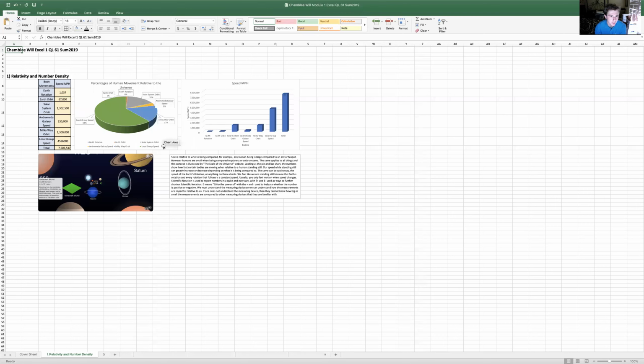In terms of something that I found interesting on the website that was shown to us, I'm a gamer, and I thought the fact that Minecraft world is the size of Neptune was really cool. To think that something that is housed on a computer is as big as a whole planet is kind of mind-blowing, and something that I can play on as well, which was kind of crazy.